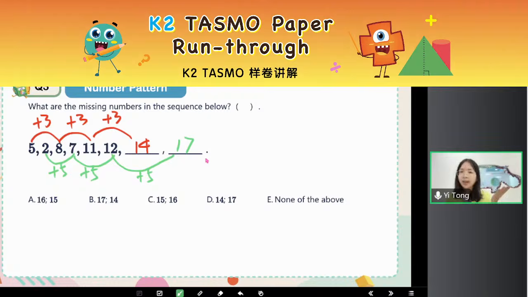So what is my answer? Is it B or D? Type in the chat. Okay, the first one is 14, second one 17. So the answer should be